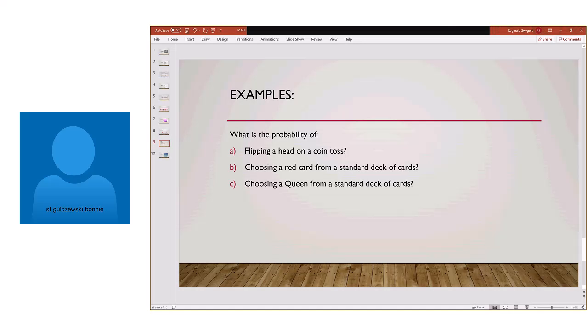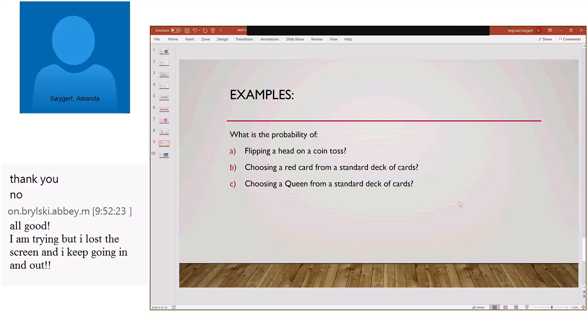Lost the screen, so I don't know what C is. I'll bring it back for you. I just had to pull up the conversation. And you can answer in any format. It can be a decimal, it can be a fraction, it can be a percentage, whatever's easiest for you. Obviously, the fraction line would be tough to type in, but you can use the words out of.